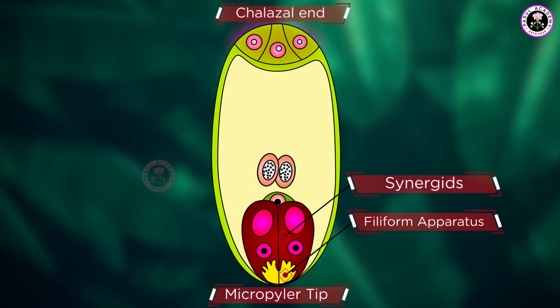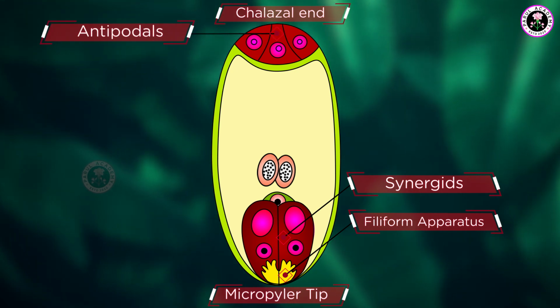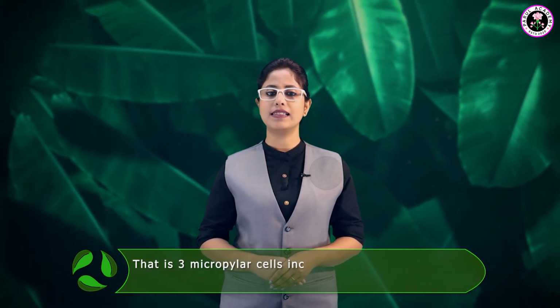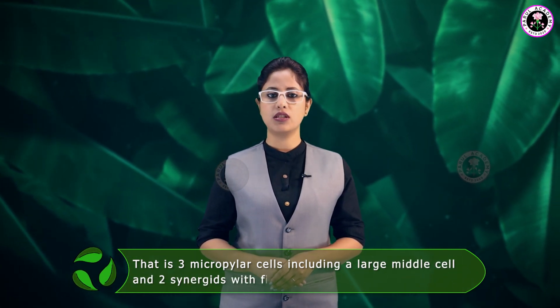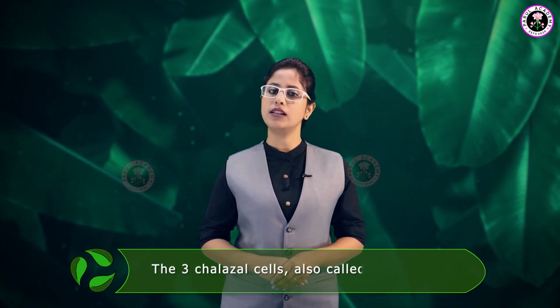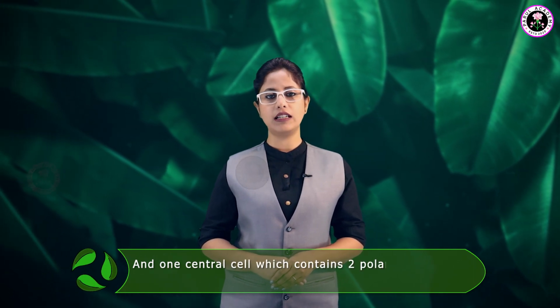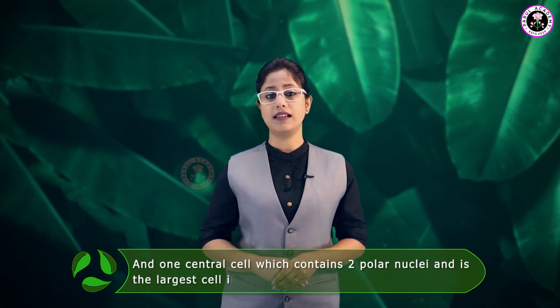At the chalazal end, 3 cells are present, called antipodals. Thus, a typical angiosperm embryo sac at maturity is 8-nucleate and 7-celled. That is, 3 micropylar cells including the egg cell and 2 synergids with filiform apparatus, the 3 chalazal cells also called antipodals, and 1 central cell which contains 2 polar nuclei and is the largest cell in the embryo